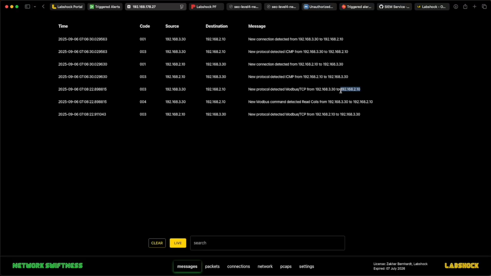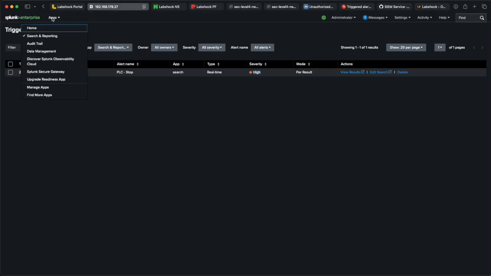This is exactly when we send a read command. It detects it as a new protocol. And this is our unauthorized command: new Modbus command detected, read coils. So in this case, network sweetness detects the new Modbus command. And as you understand, it is inside